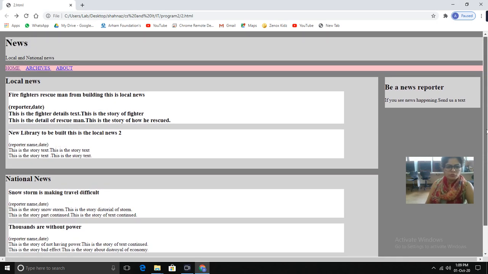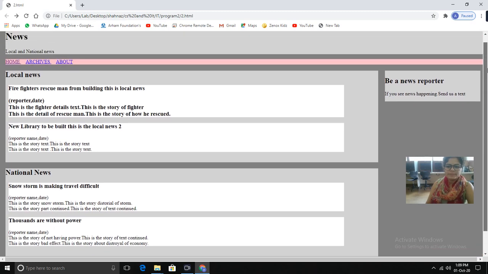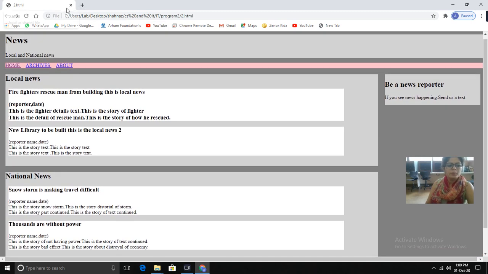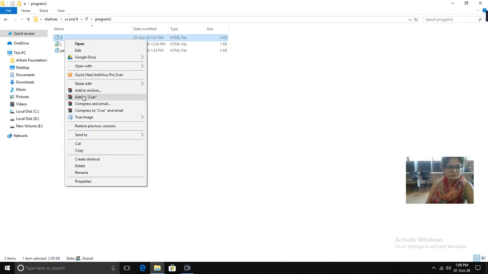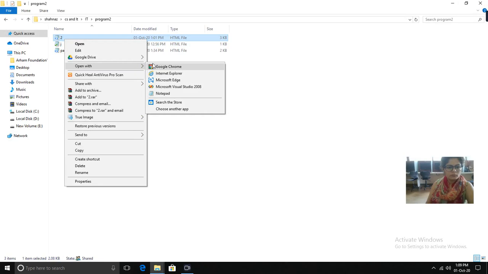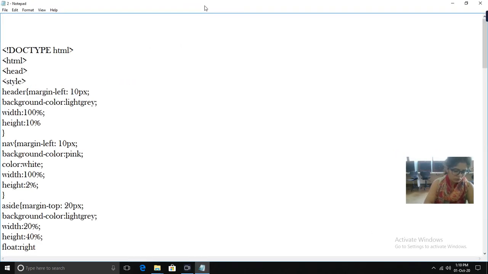Okay, so students, you have to perform this practical at your end. You have to execute the code, check the output, save the code, and take a snapshot of the output. With this we have completed 2 practicals of IT. Tomorrow we will start with the third practical of IT. So that's all for today.